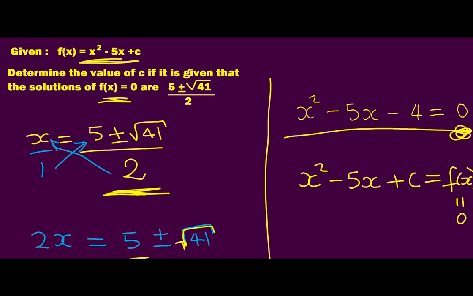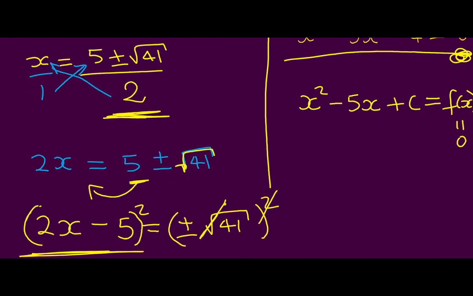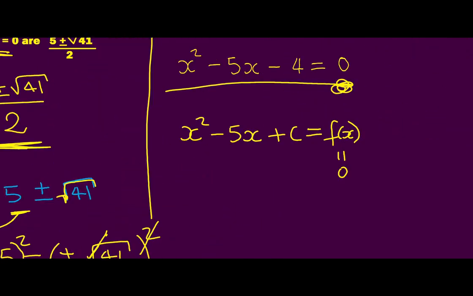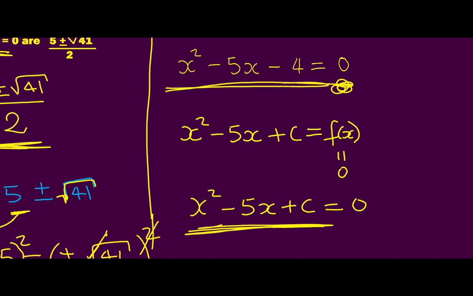So just put it this side, we're going to have x squared minus 5x plus c equals 0, right? And then when we look at this equation and the equation that we got from the whole solution, we see there are similarities within them. So this is how we're going to get our c. x squared is here, negative 5x is here, and plus c